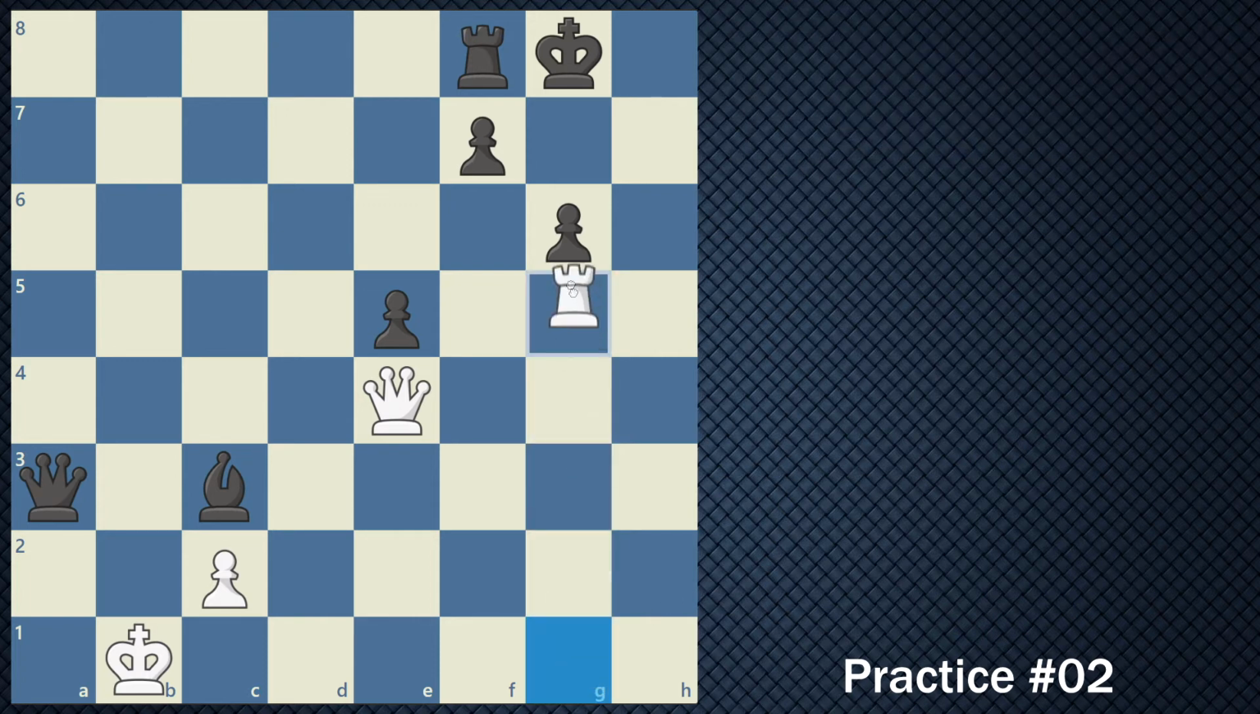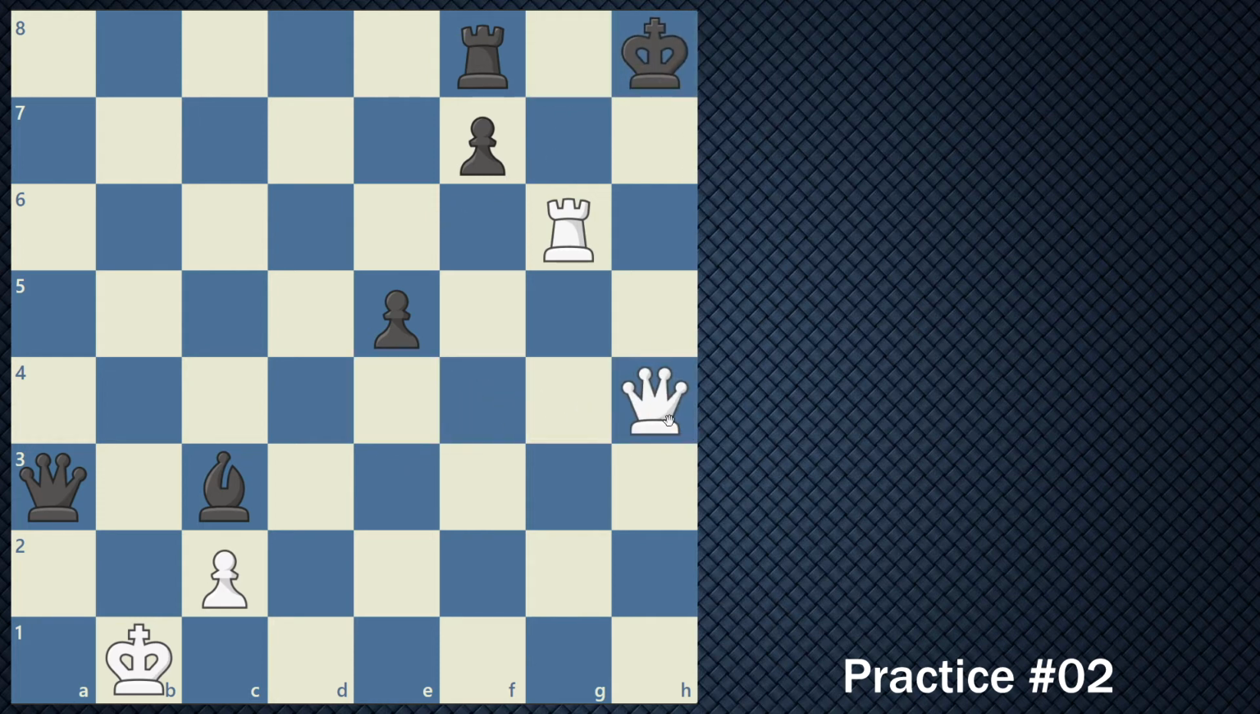If you said rook takes g6, you are correct. In this position, black has to respond with pawn takes rook on g6, because if black makes any other type of move to try to get out of check right here, white can just come here for a checkmate. In this position, what's going to happen is black takes with a pawn right here on g6,